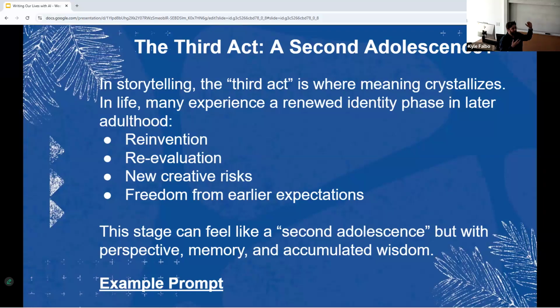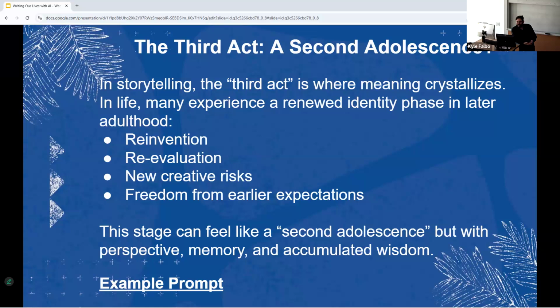Similarly, this concept of a third act, especially the framing of the third act as a second adolescence, is not being discussed in a way that society has a better understanding of it. It's not a television show that I see, like maybe the Golden Girls, right? Maybe the Golden Girls is a good representation of what the third act is, right?